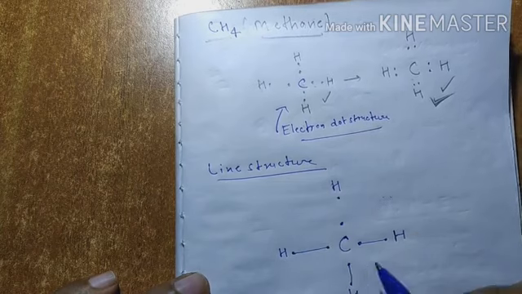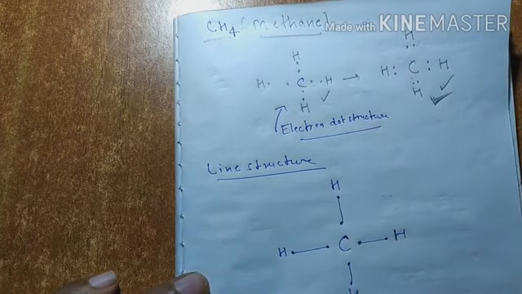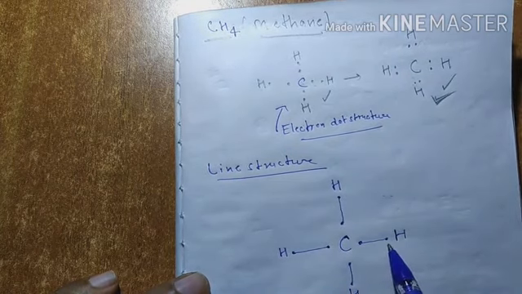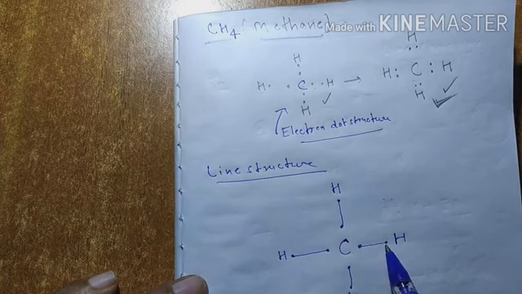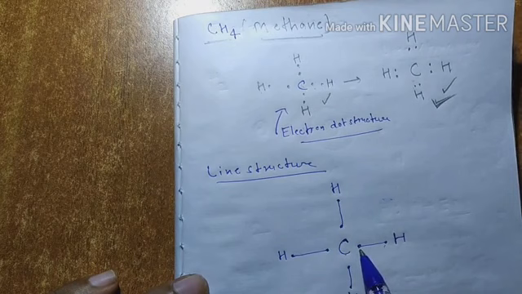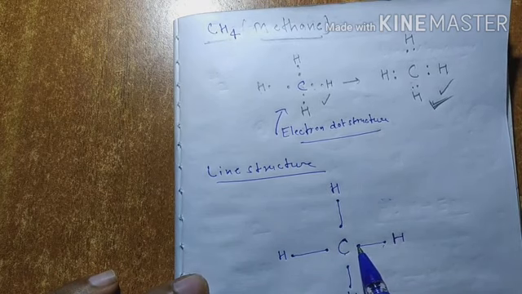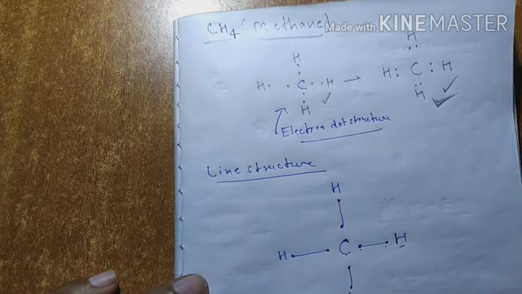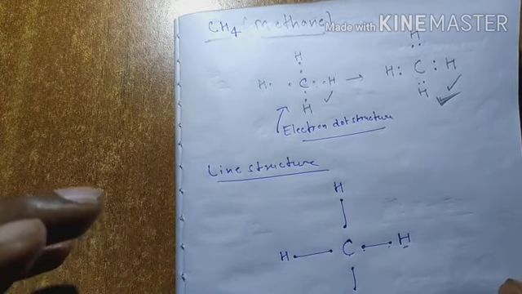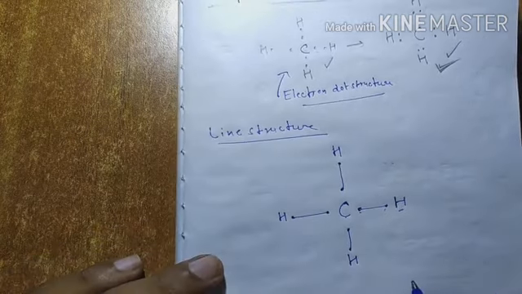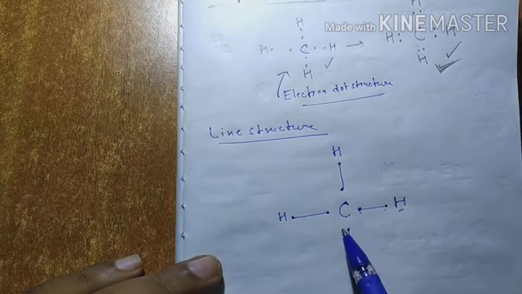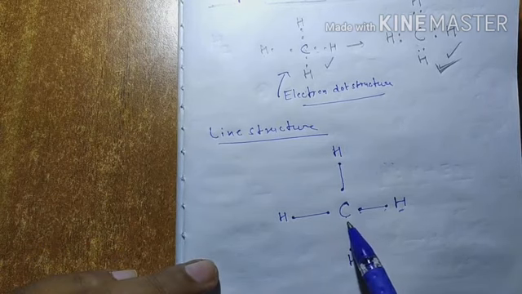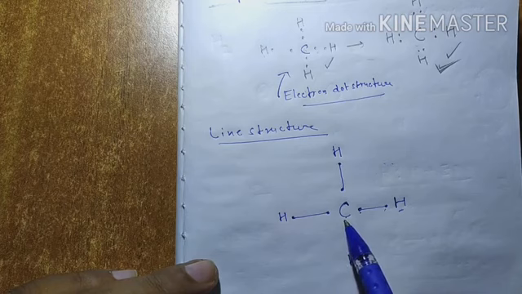This is a covalent bond because electrons are shared in the bond. This electron is on the right of carbon also, and this electron is on the right of this hydrogen also. So electrons are sharing here with each other, okay. So you check the stability. You have to check whether this carbon atom becomes stable or not.